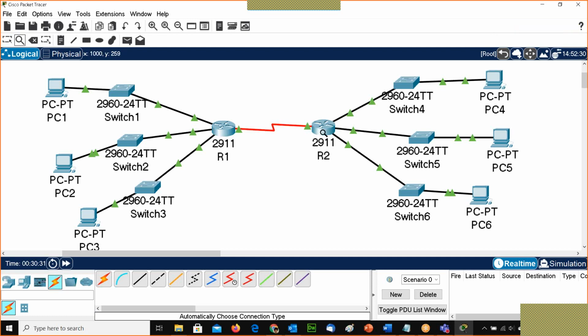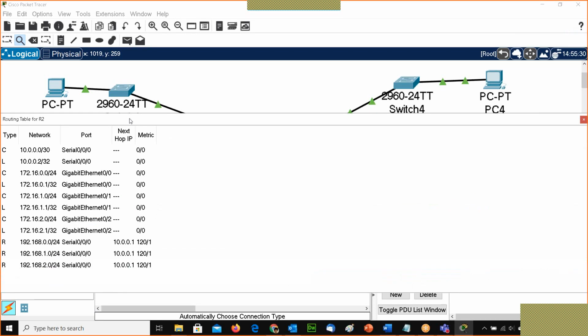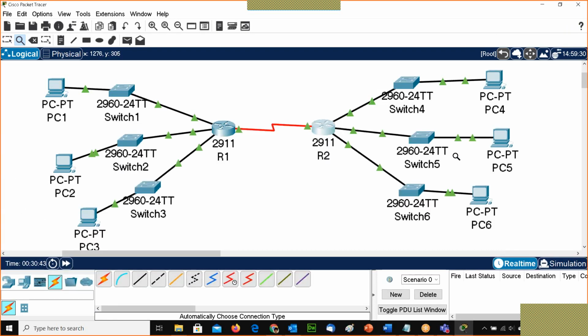I can check it in the routing table. This is the routing table. Initially these 3 networks were not there. Now these 3 networks are there. That means all the networks are now visible to both the routers.